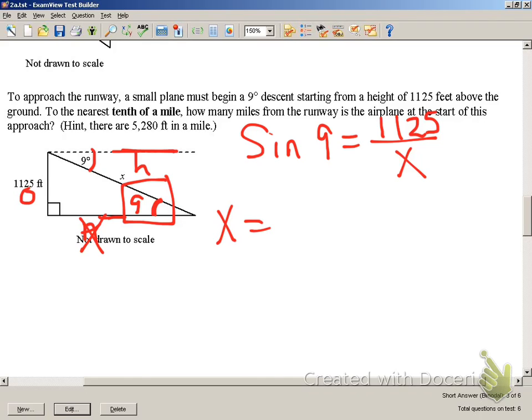X equals 1125 over sine of 9 degrees. Now when we solve for x, it will be in feet. But the directions have asked us to put it in miles. So x equals